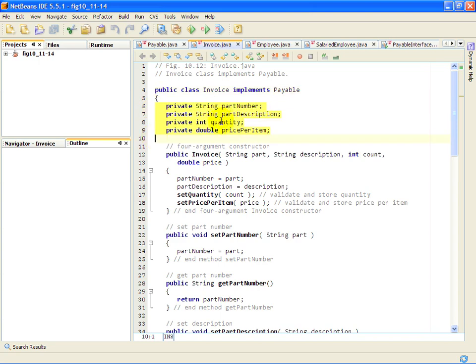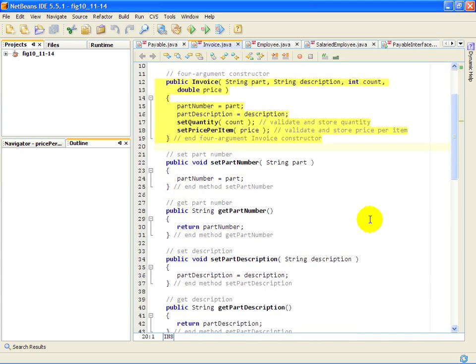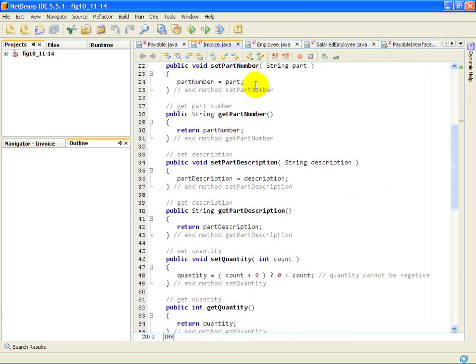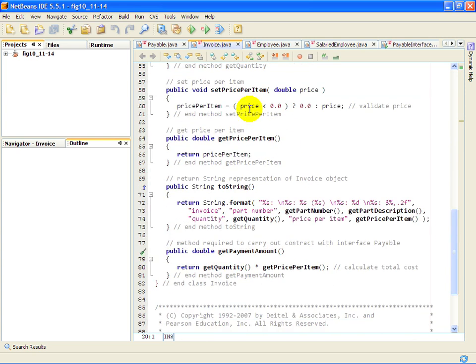So in this class, we've got 4 pieces of private data: strings representing the part number and part description, an integer representing the number of items, and a double representing the price for each item. We have a constructor to initialize our 4 pieces of data, and then we've provided set and get methods for each of the 4 pieces. So set and get part number, set and get part description, set and get quantity, and finally set and get